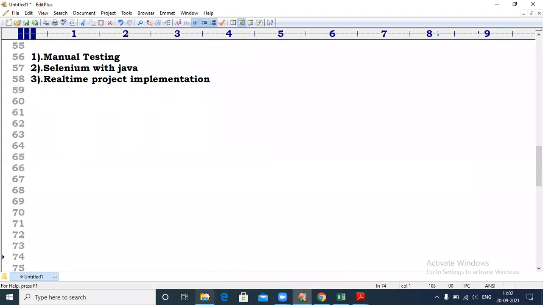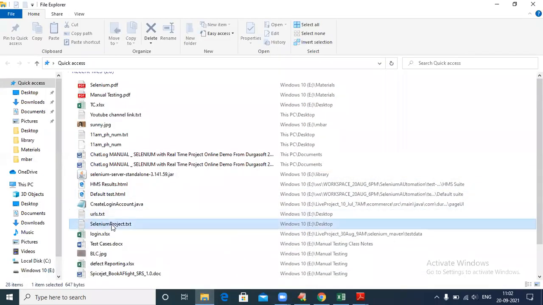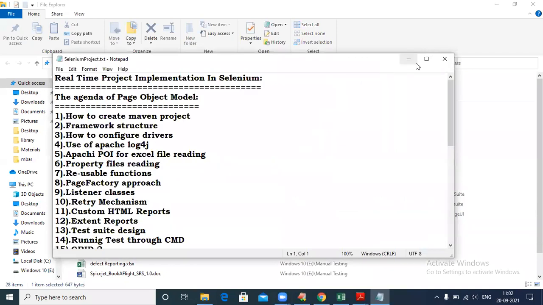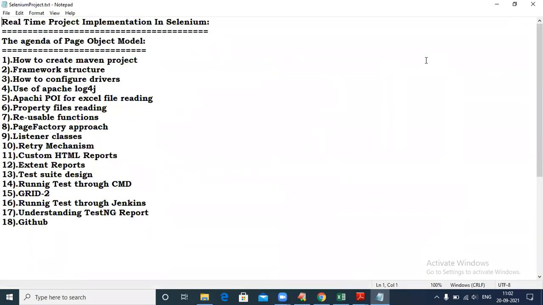Next is the real-time, third content. These three contents are very important, sir. For example, if you want to claim any experience, like 2 or 3 years, sometimes students in testing use fake experience. Don't bother, we can manage it. Yes, only if you have a gap. Sir, suppose I have a 2-year gap, a 3-year gap, then only this is okay. Otherwise not required. But once you get the job, this is a very important thing.